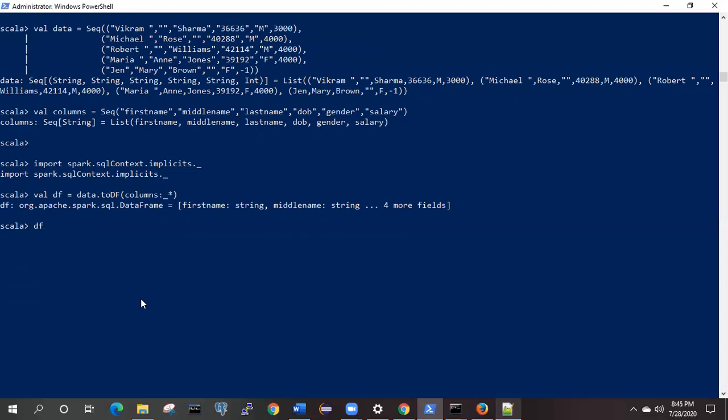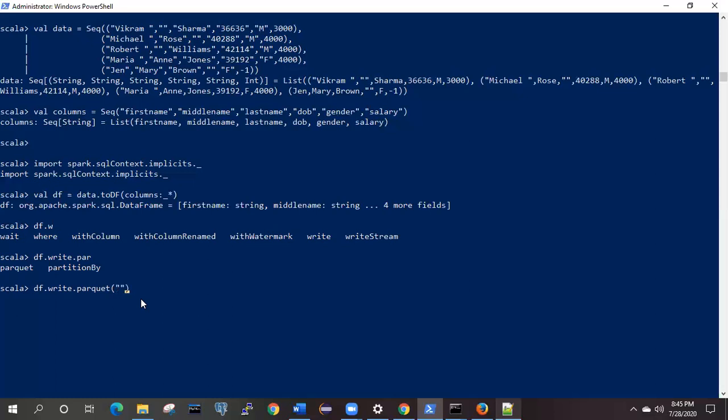So df.write will be the method or the API we have to use. Then .write, in which format are we going to write? Now we are going to write the data into the Parquet format. Later on, in another video, I am going to tell you what the Parquet format actually is and how it is different from the other formats. For the time being, I'm simply telling you how we are going to write the data using the Parquet format. So this is the syntax.